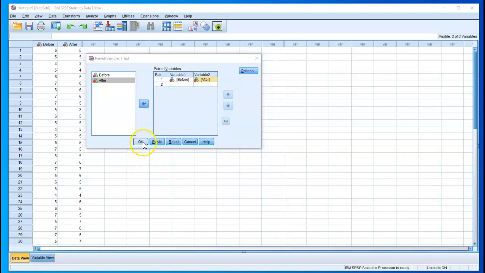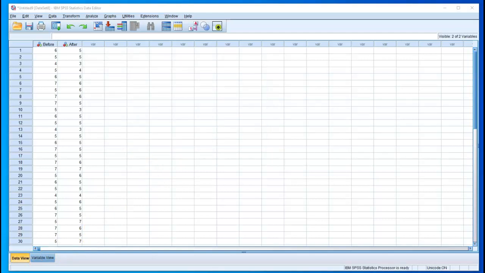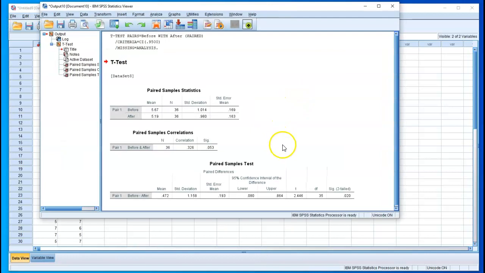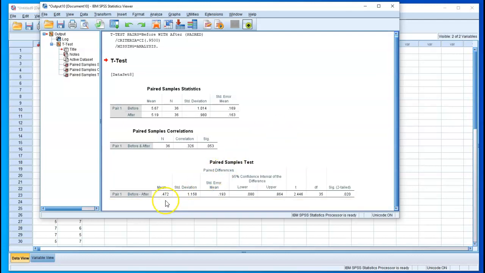Okay, to run the analysis you just click on OK, and that will show us your paired samples t-test. So the mean before using the program was 5.67 and it went down to 5.19 afterwards. And then we have our Ns and standard deviations and standard errors for each of those means. The difference between the means between 5.67 and 5.19 is 0.472 with a standard deviation of 1.158 with a standard